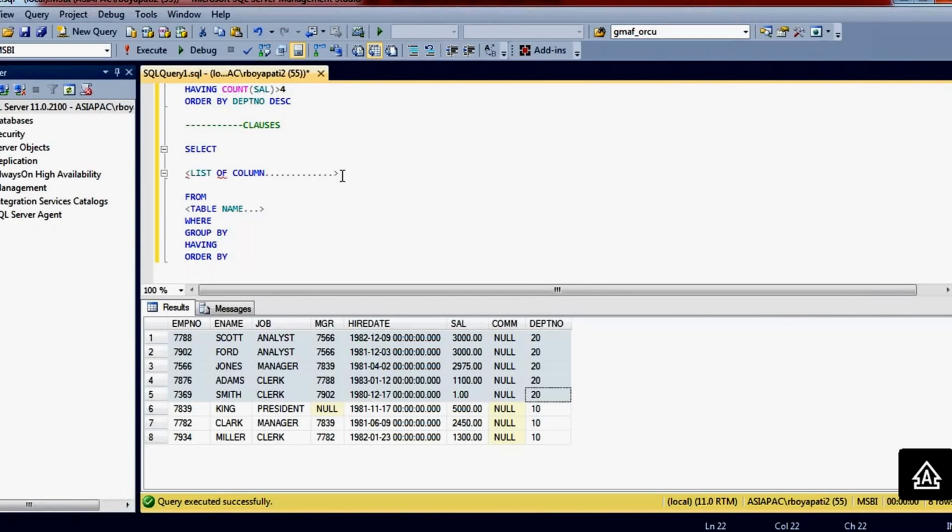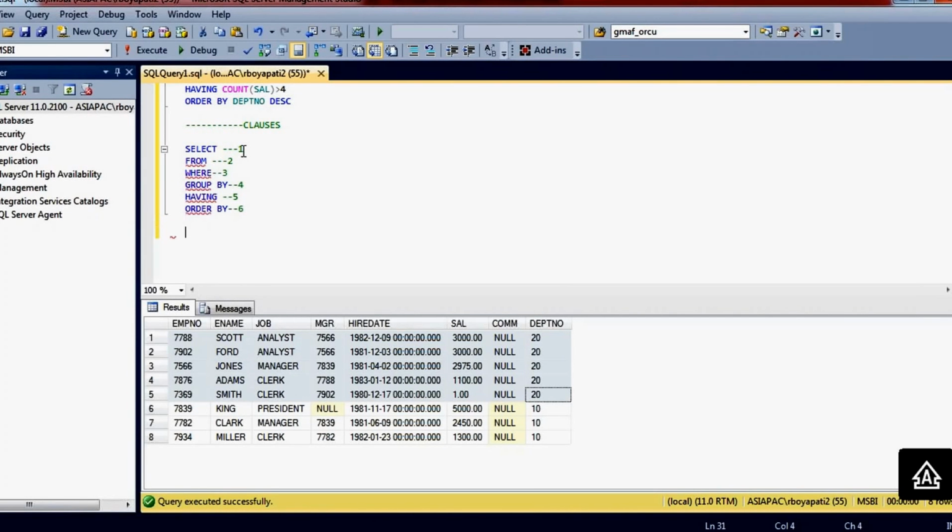So the order of the select statement is: first you have to write SELECT, and then FROM clause, WHERE clause, GROUP BY, HAVING, ORDER BY. This is the first, second, third, fourth, fifth and sixth.